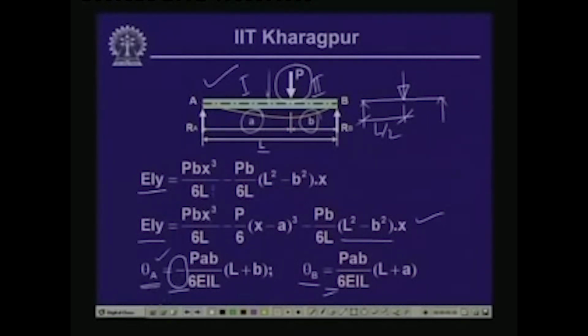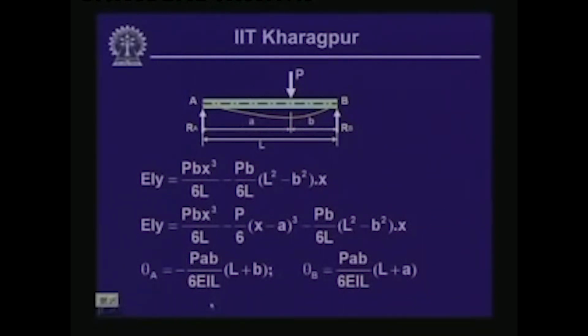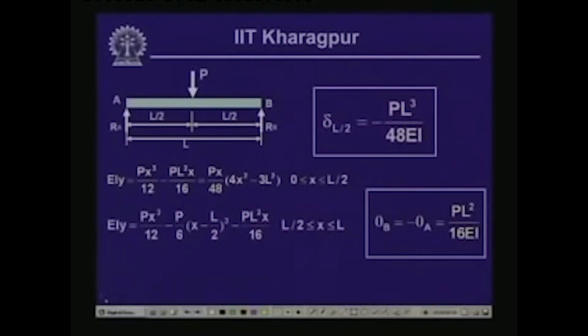Now, if we substitute the values of b and a as L by 2, when the load P is acting at the center of the beam, we get the following expressions. The value of EIy, which was general so long with the values of a and b, now becomes a function of L alone, and of course the value of x along the length of the beam. EIy equals Px cube by 12 minus PL square x by 16, and if we take Px by 48 out, it becomes